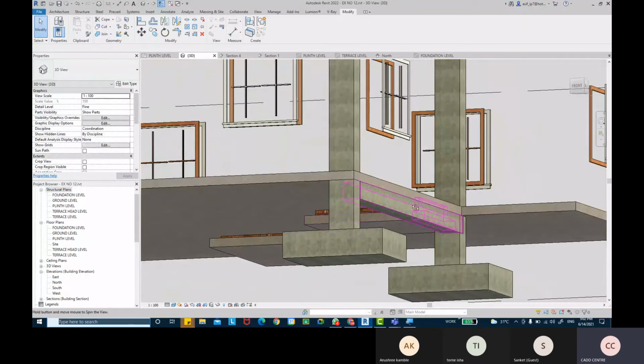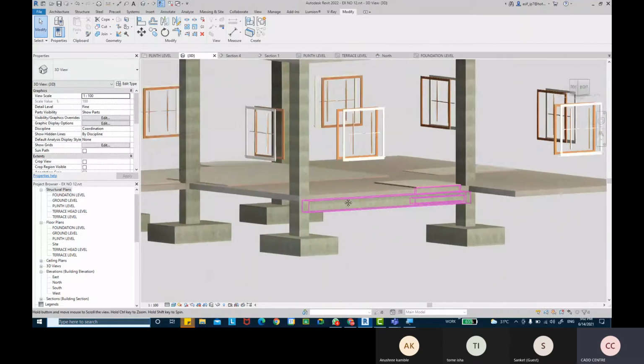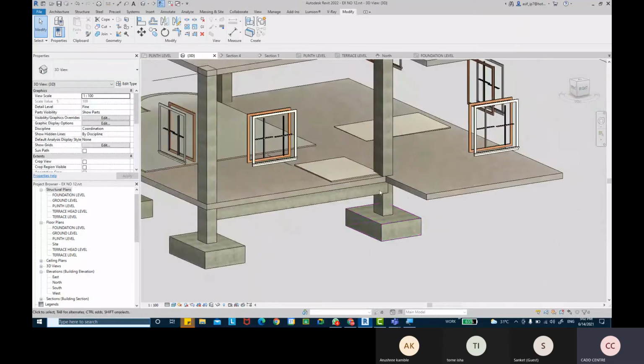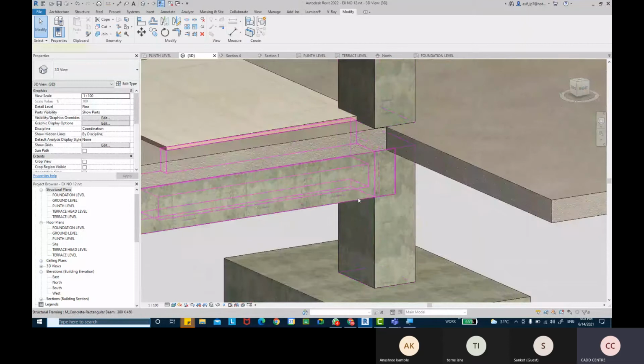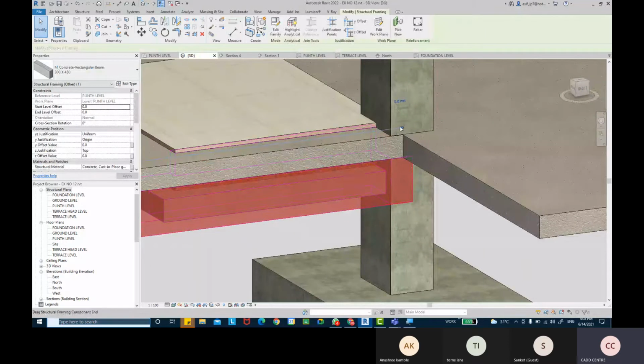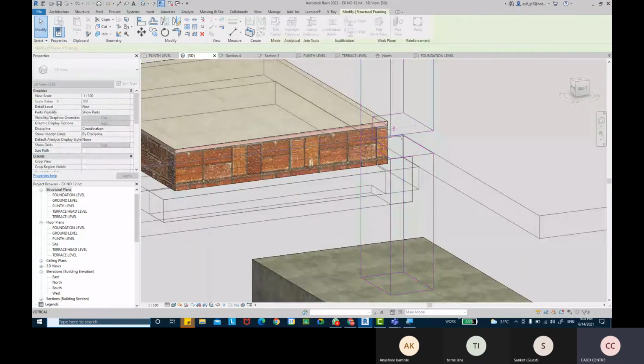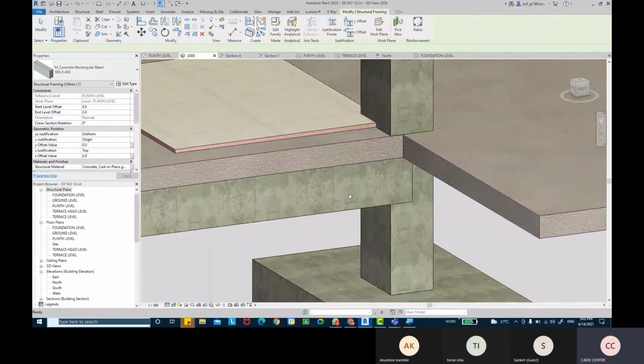Okay, so keep on adding all these beams and everything. It overlaps it, so make sure that you don't overlap your beams, the column actually.